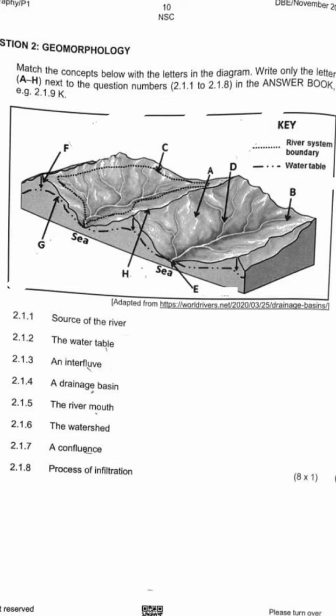Or is it G? Okay. Because E is actually situated at a point where the river meets the sea, it's quite difficult to say that it's E. Okay, so that could be a mouth actually. So I'll go with G. Okay, so the water table is G. Okay, it points to that